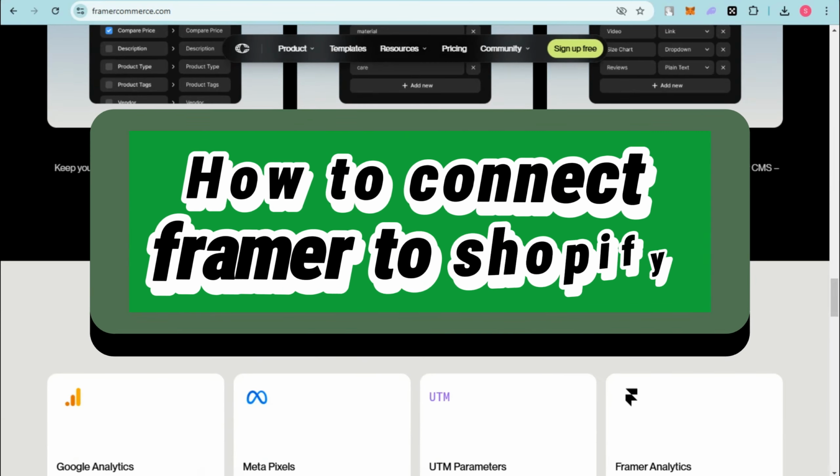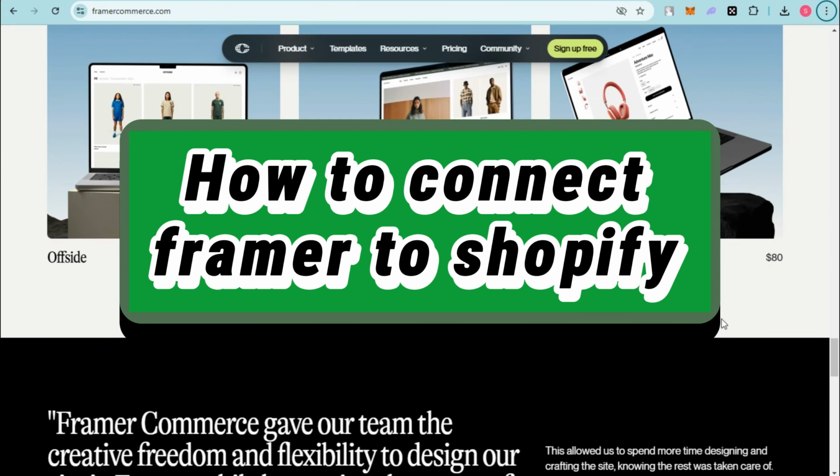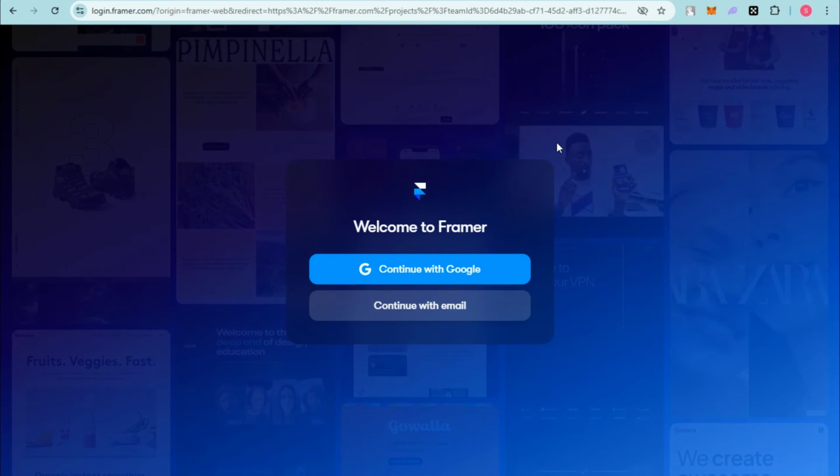How to connect Framer to Shopify. So this is a simple and easy guide on how to connect Framer to Shopify. And is it possible? Well, first, what you're going to do here is you have to create an account on